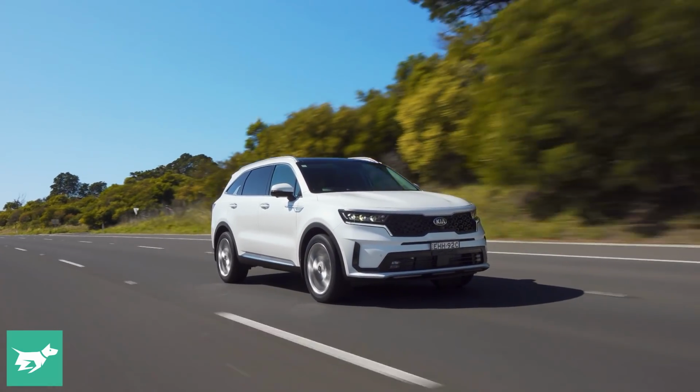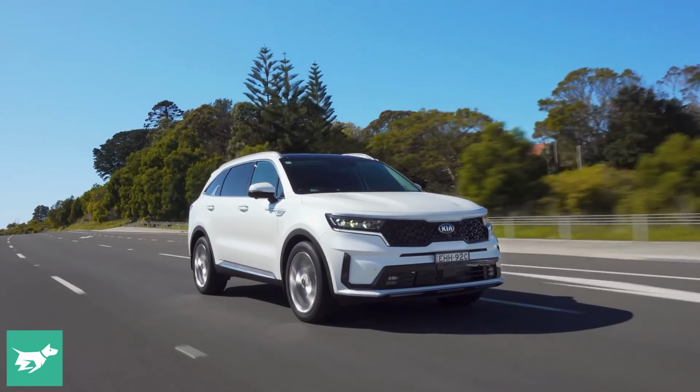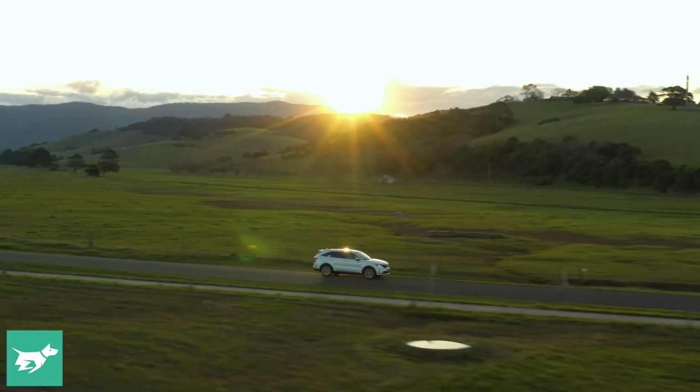Right, so we found out that the Sorento is pretty impressive here in the cabin and it looks good outside, but how does the driving experience stack up? Well, to be honest with you, it stacks up really well, and I'm very keen to get the Sorento into a comparison with the likes of the Mazda CX-9, because I really think that among the mainstream priced large 7-seat